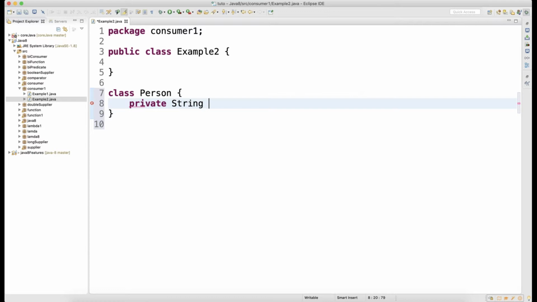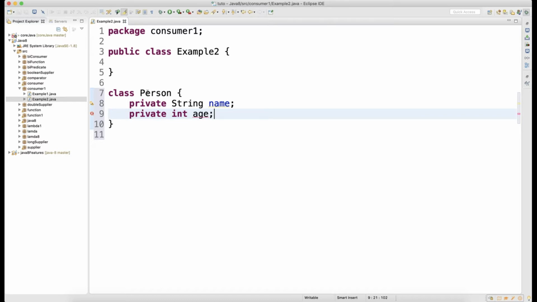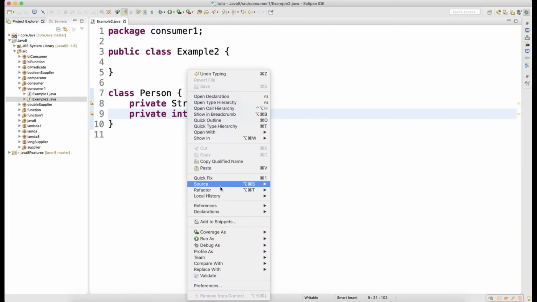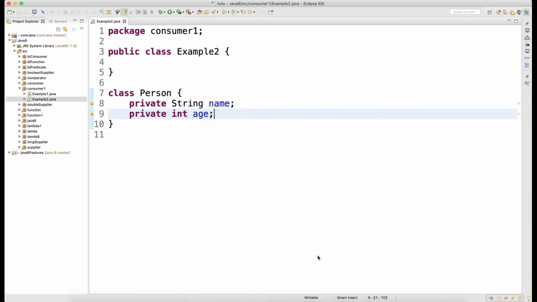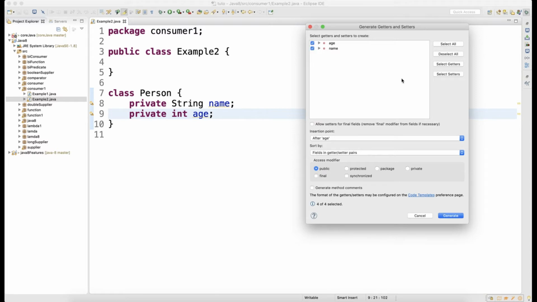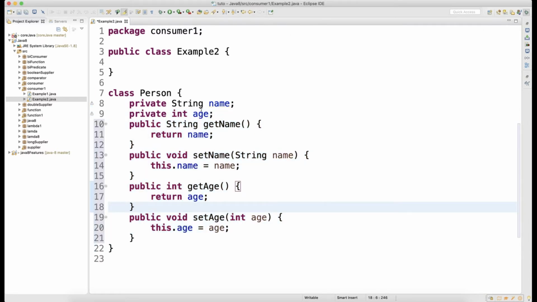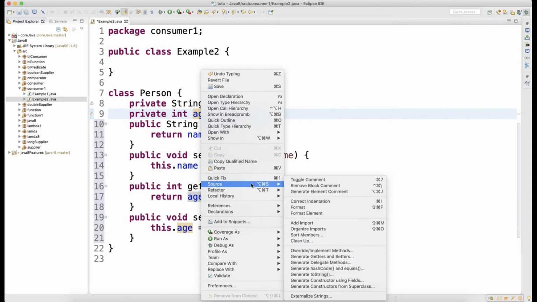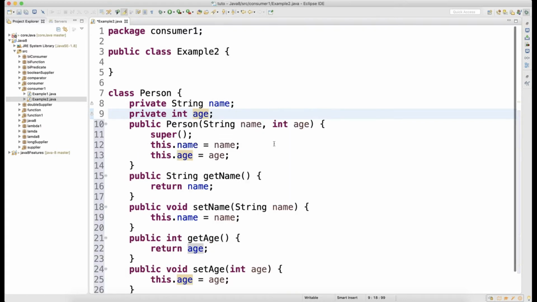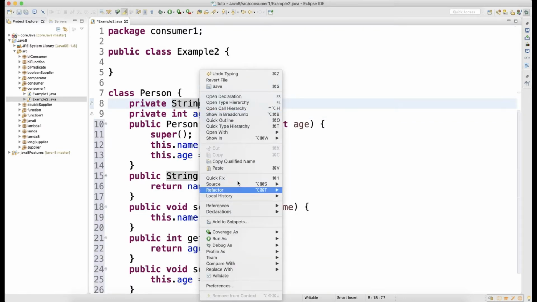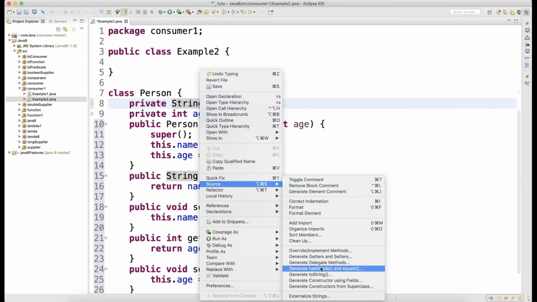and Person has a private String name, and also it has a private int age. Okay, now let me create getters and setters. Generate. Let me also create a constructor for this. Select both, generate, and let me override the toString method, source, toString,